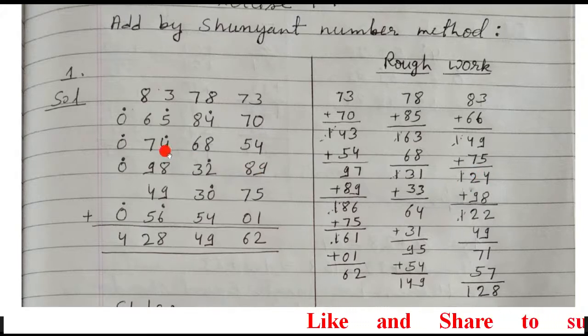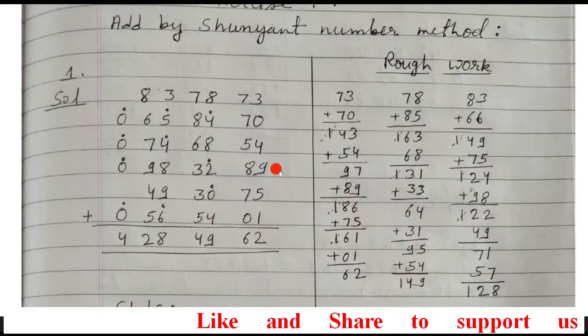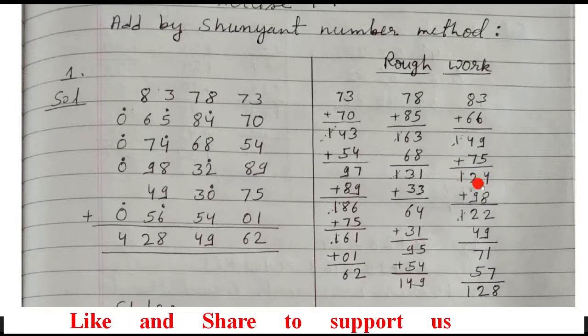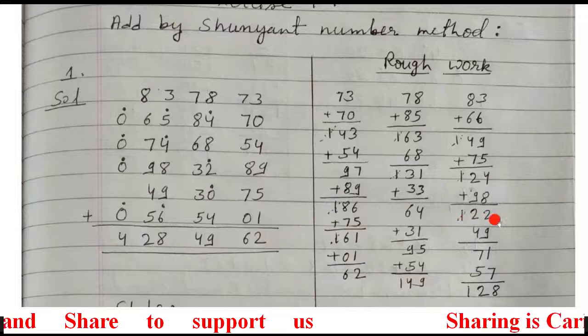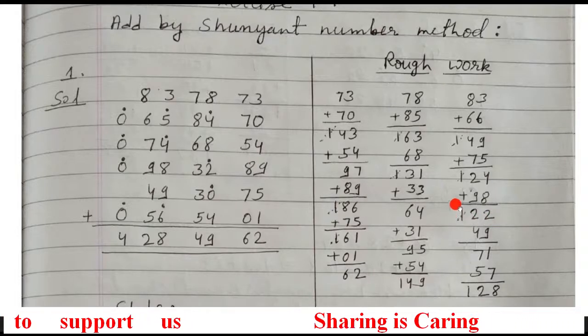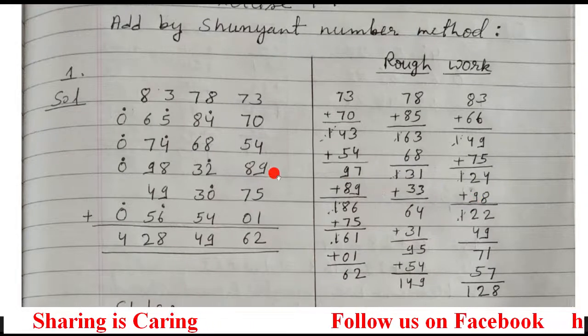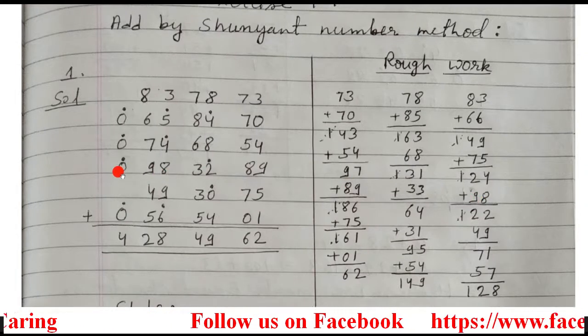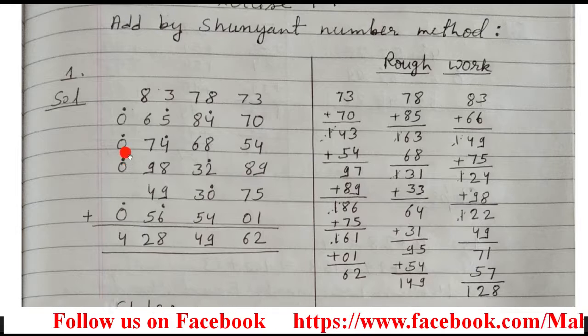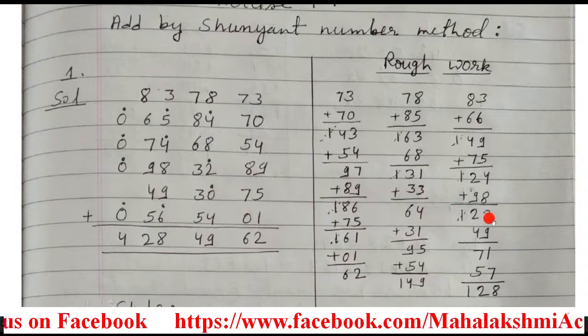Now recently we added 75. Now it's turn of 98. So we write here 98. 24 plus 98 is 122. So this one will again move to the number which is preceding to 98. So the number which is preceding to 98, there is no number, so I wrote here 0, and over 0 just put ekadika dot. Then 22.